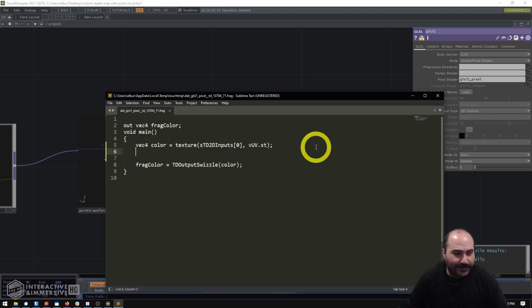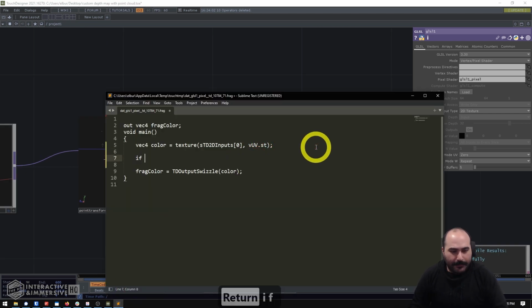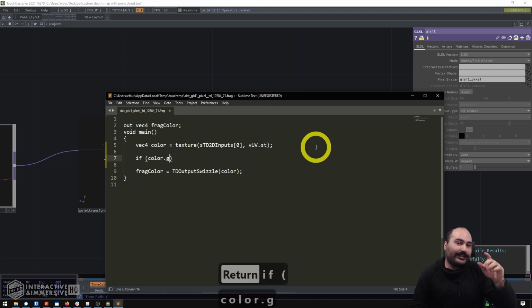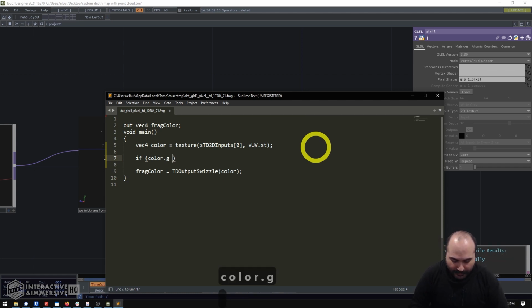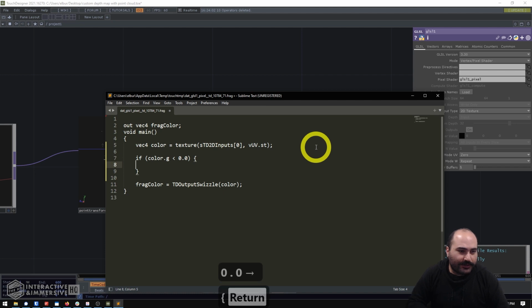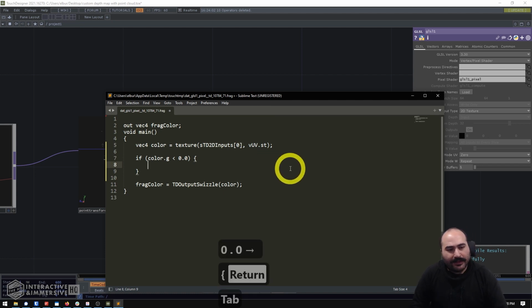So we can start by typing if, open a set of parentheses, and we can say color dot G, because remember in this case our Y coordinates are inside of our G channel, and we can say is less than, and let's just start with 0.0, and then I'm going to open a set of curly brackets here, and I'll indent and type color equals